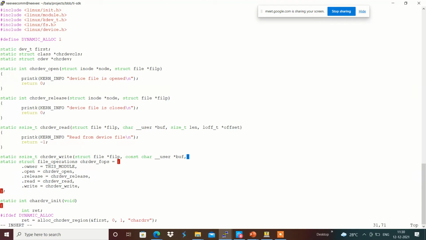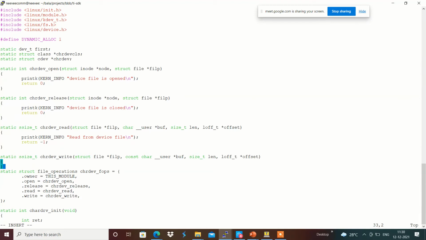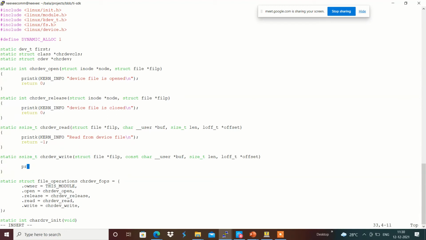For now I am going to use it as it is, with size_t len and loff_t offset. Then I am going to put a printk with KERN_INFO: data write into the device file, the same as the data read from the device file.